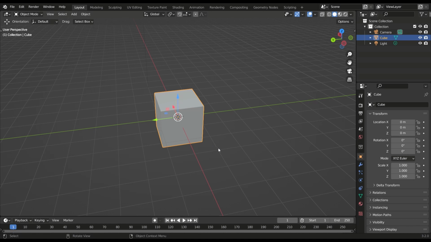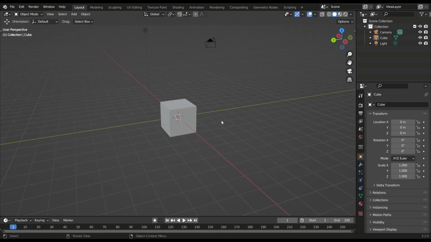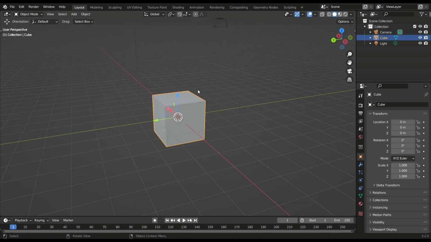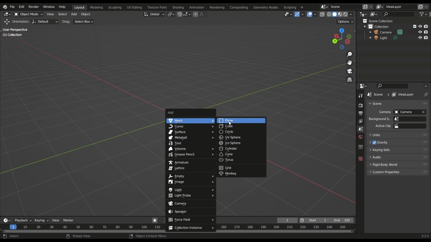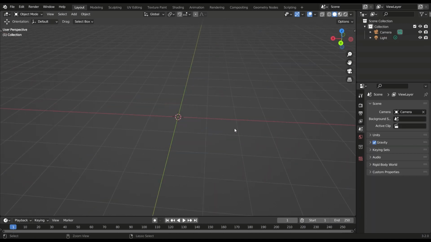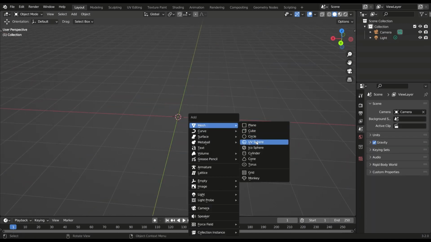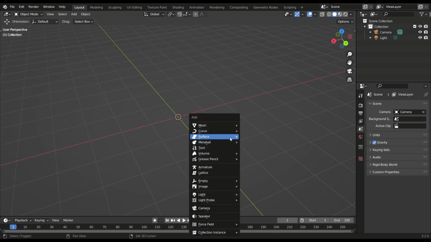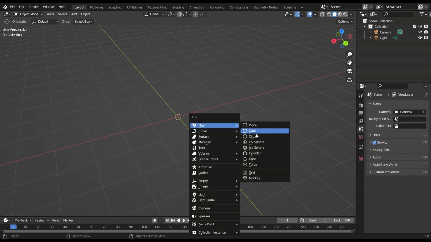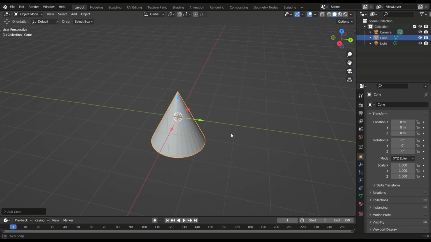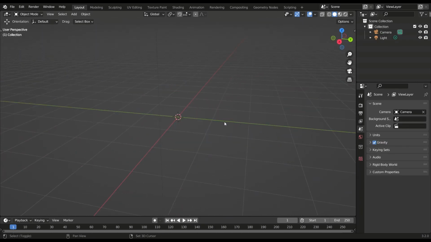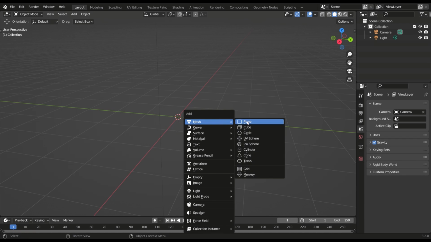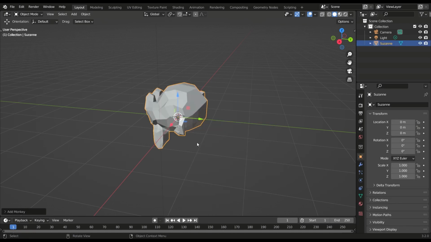The next shortcut is, let's go for X. If you press X, it deletes any object, and if you press Shift A, you can bring in any object. Let's go for a UV sphere. Alright, now let's go next for a cone. Yes, that's how you create all different objects. You can bring in a monkey,